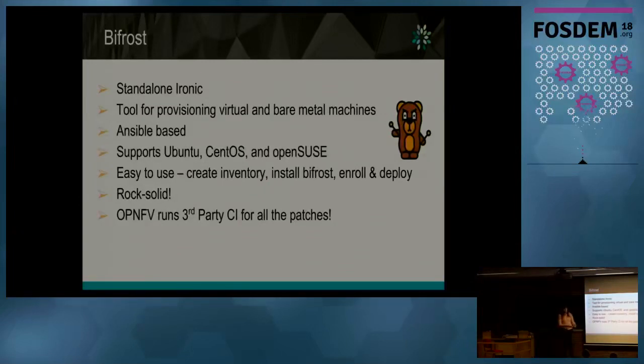After that, you run the second step, which is installing Bifrost. It is a set of playbooks that will install Bifrost on your server. Once you have it running, you do the enroll step. That means it will collect all the information from your inventory. It will run on your machines and collect info about them, like hardware, type of disk, all the information you need to introspect the data, and it will pass it to a database.